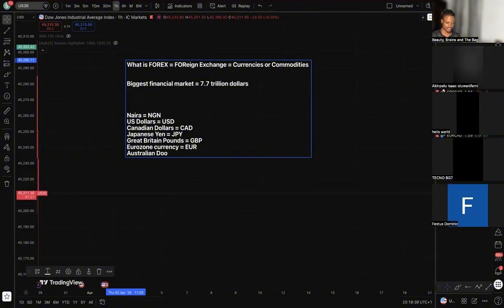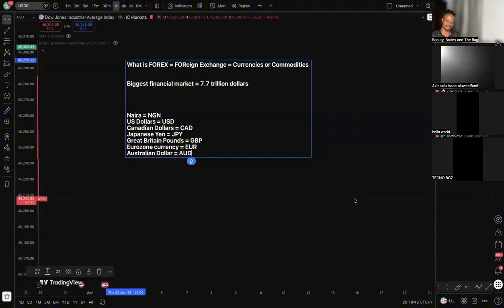So every single country in this world has what we call a currency. Every single country. Because for a country to actually exist, a lot of things actually go on, right? A lot of transactions and all. So every single country rather, have a currency which they use to operate. And the exchange between these currencies